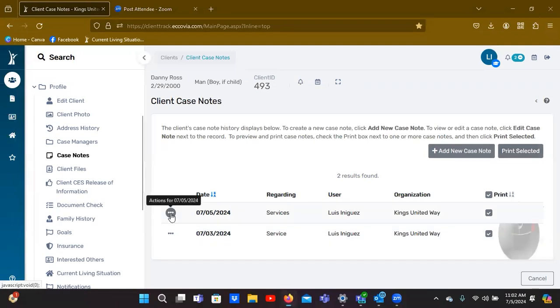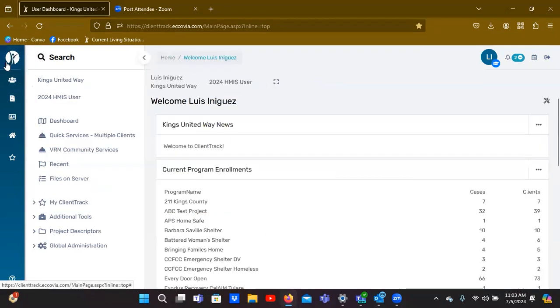And then these action gears right here, of course, you can view the case note or you can edit the case note depending on if you let it read only, or if other agencies can also edit it as well. But say you had an entire project's worth of people, and instead of going one by one through each individual and individually logging those case notes, that can take a lot of time. So there is a very useful feature in ClientTrack that can allow you to log multiple case notes for multiple